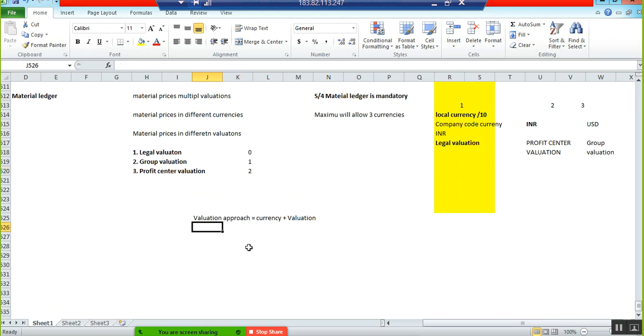Now, what is my valuation approach? How can I find it? First, the currency: what do I want to use? I want to use 1, and second, it's mandatory, that is INR, my company code currency or local currency. What is the currency type? That is 10. So here, if you want clarity, valuation approach is equal to, instead of